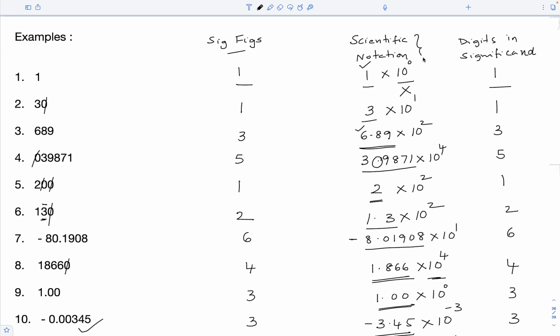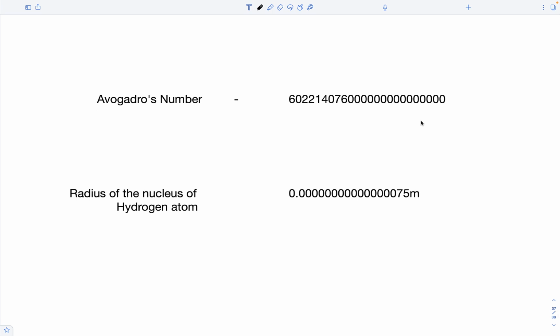So scientific notation can be used to convey the number of significant figures without any confusion for any measurement, whether it is an integer or a decimal. In addition to that, scientific notation can be used as a shorthand notation to represent some really large numbers. This is the experimentally measured value for Avogadro's number. And can you figure out the number of significant figures